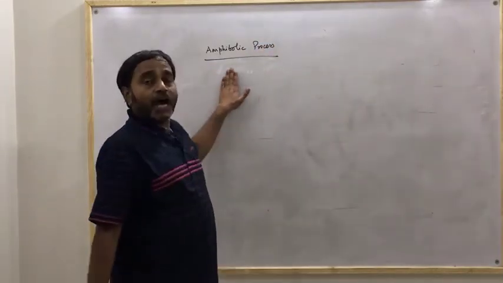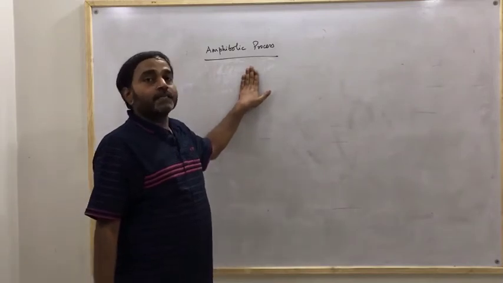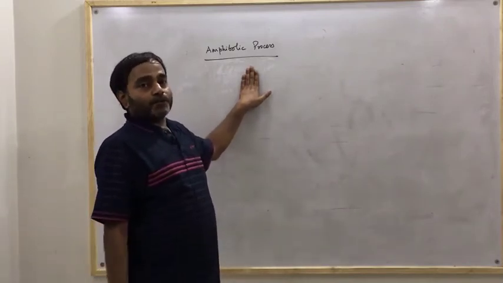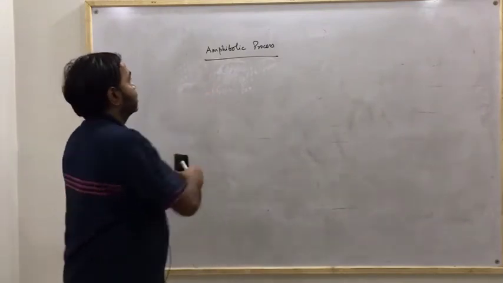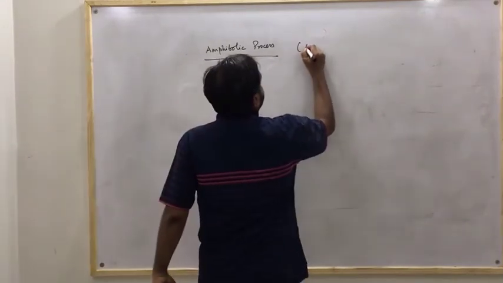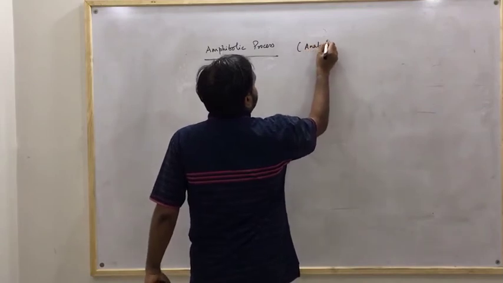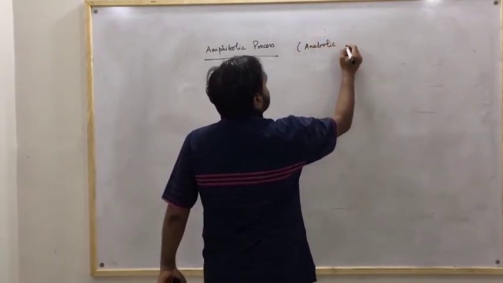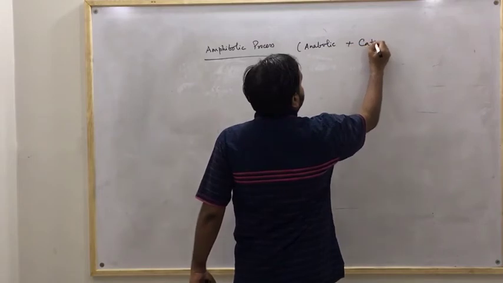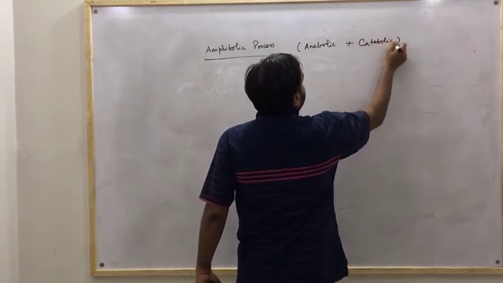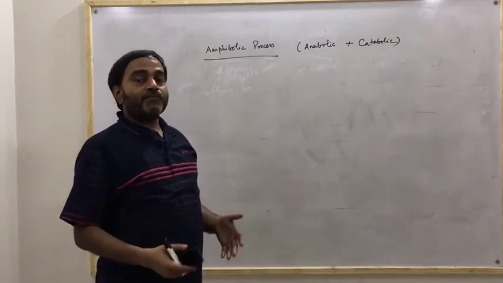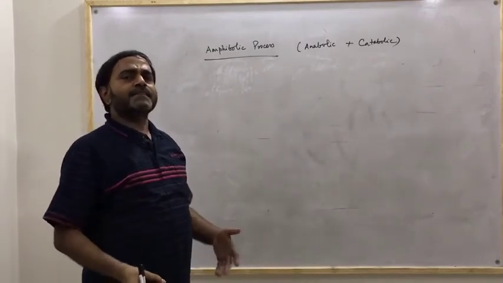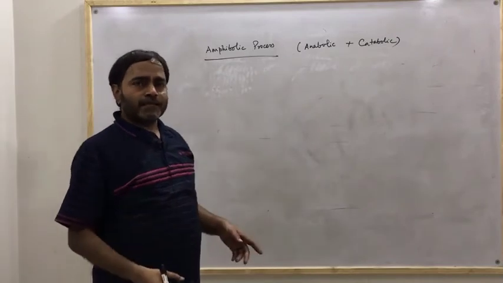So you might have the idea about amphibolic, that is, the anabolic and catabolic processes together are collectively called amphibolic process. We already have seen that in the anabolic process the molecules are getting joined and forming a bigger molecule, that is, synthesis of molecules or biomolecules is taking place.